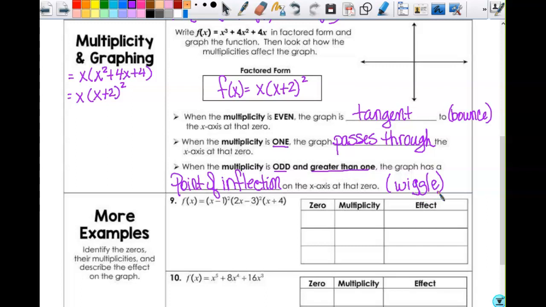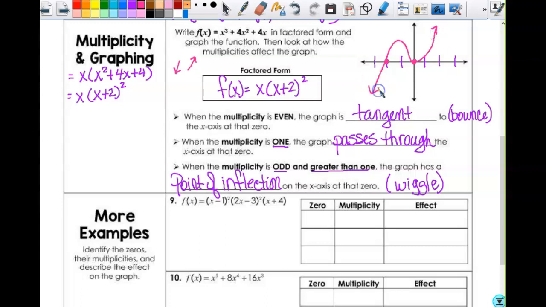So that means that we can sketch this graph pretty easily here, right? My zeros are 0 and -2, so I'm just going to go out to 3 here. And then my y-intercept's going to be 0 also, and then I'm here at -2. So overall, this is odd, which means my ends are opposite, and it's positive, so my end behavior looks like this, right? So I would go up through here, come back down and bounce at that 0, and go back